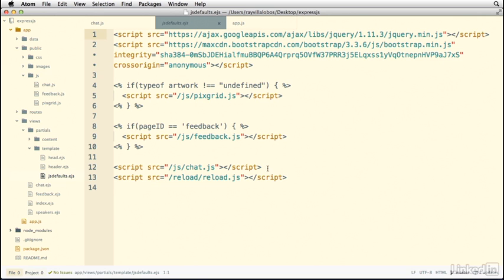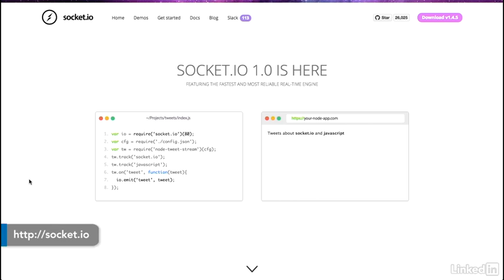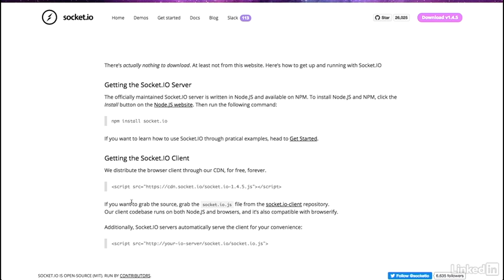So to do that, I'm going to go to the Socket.io website. From the Socket.io website, which is at socket.io, I'm going to click on this download link. You can see that you can get the client software just by using their CDN, which is the easiest way to install things. So I'm going to copy that link,